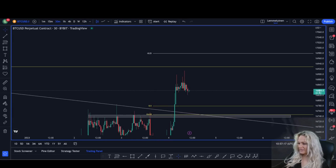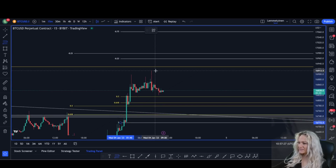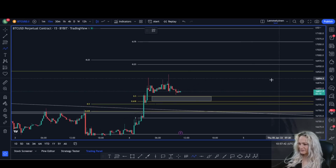If we are just breaking down everything even more to the lower time frames, we can also use the Fibonacci from the last low right here at 16,715 to 16,913, which gives us the support and Fibonacci levels between 16,814 and 16,792. This could also be because we did have such a huge candlestick breaking above this level yesterday, which means